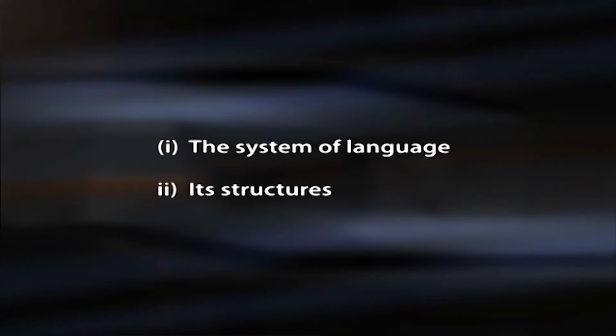Gradation of the language material refers to arranging the selected language items in an order. This process involves both grouping and sequencing. Grouping concerns 1. The system of language and 2. Its structures. The different types of grouping are: